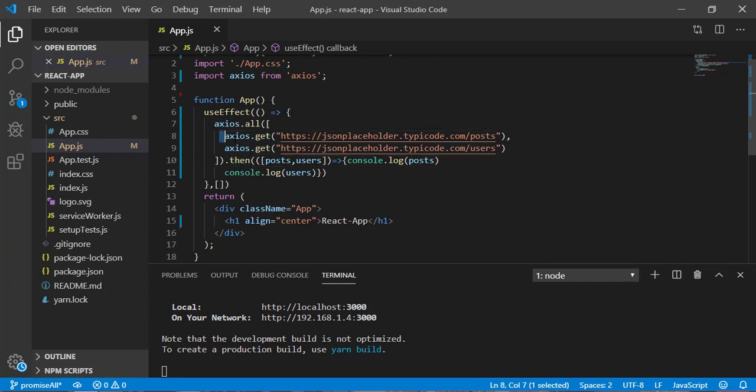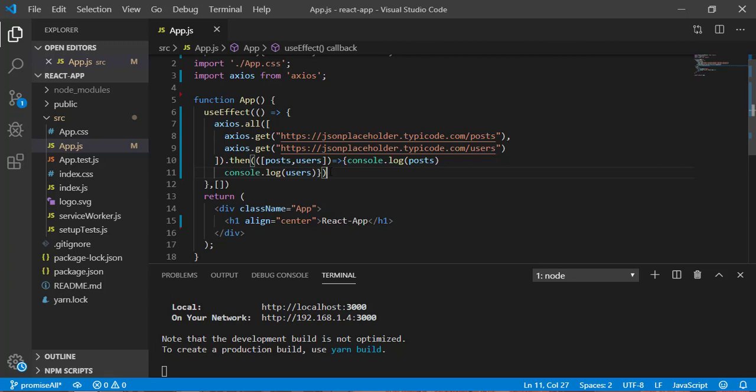This is the Promise.all, and the first one is a single promise, the second one is a different promise, another promise. So once all the promises are resolved, only then will it come to the then. Okay, so now let's consider what if one of the promises fails.